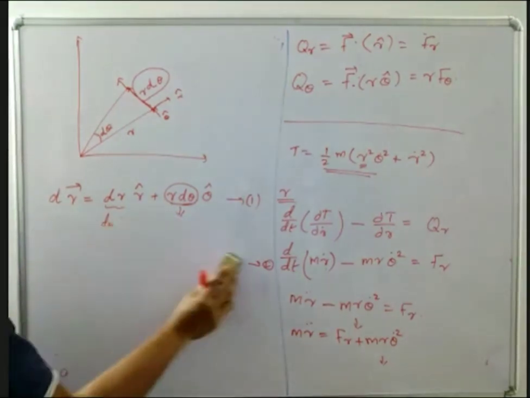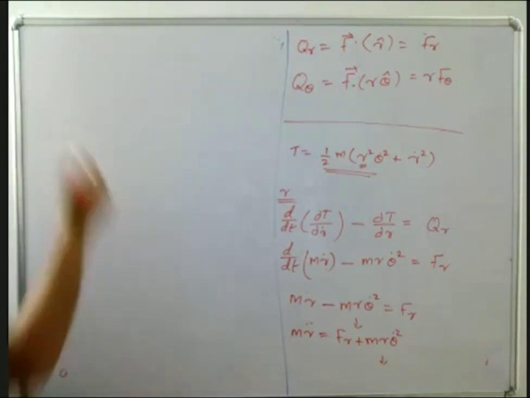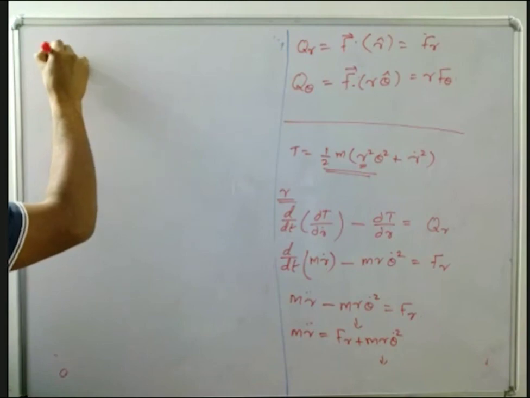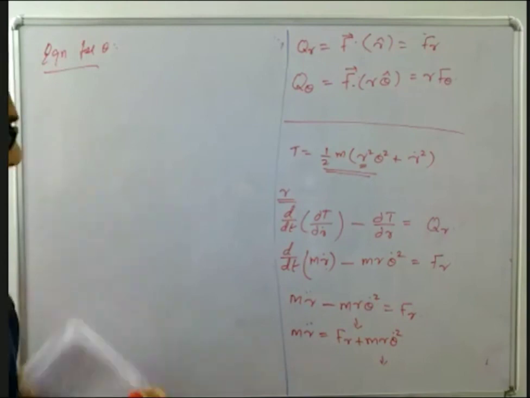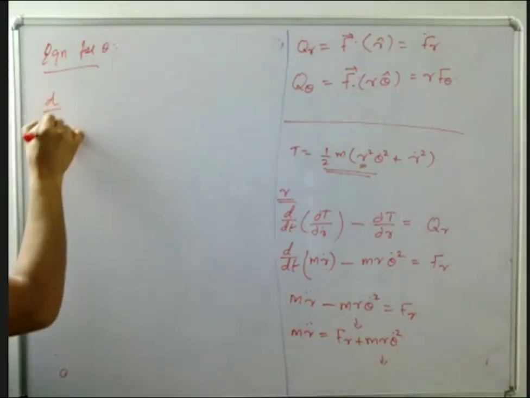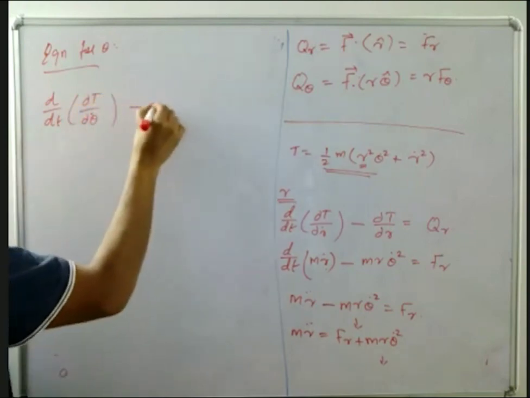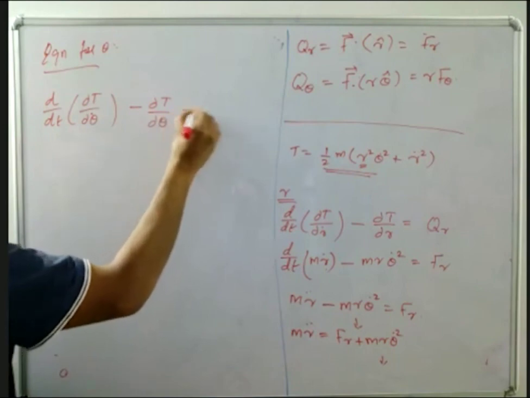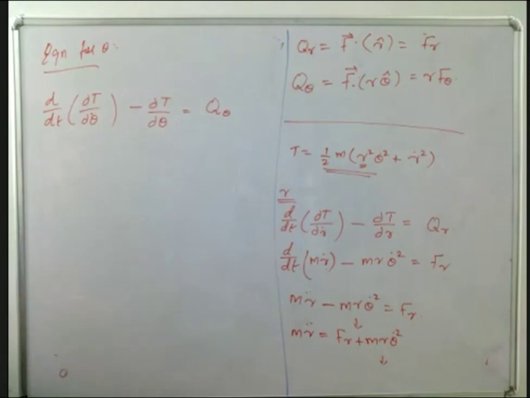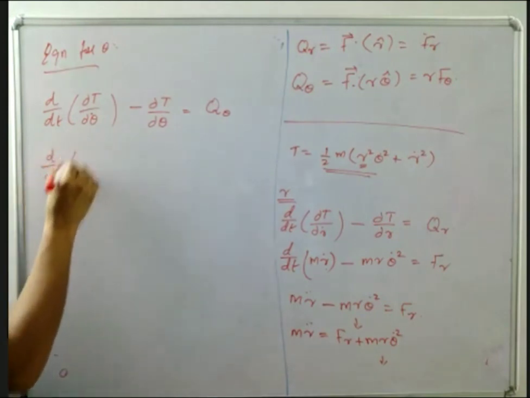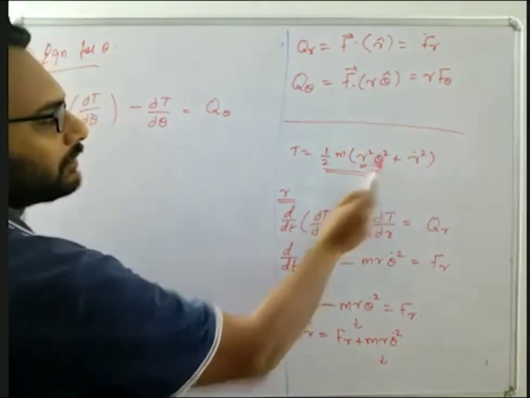Now, what about the equation for theta? Let's write the equation for theta. That would be d by dt of dou T by dou theta dot, minus dou T by dou theta, equal to Q theta. Q theta we have already found. So d by dt of dou T by dou theta dot: you have a theta dot only here, so you just take a derivative with respect to theta dot. You see that